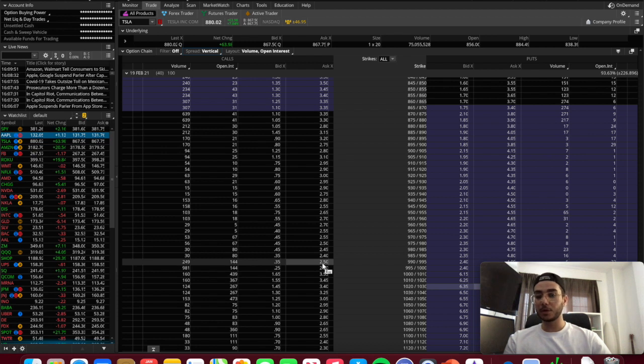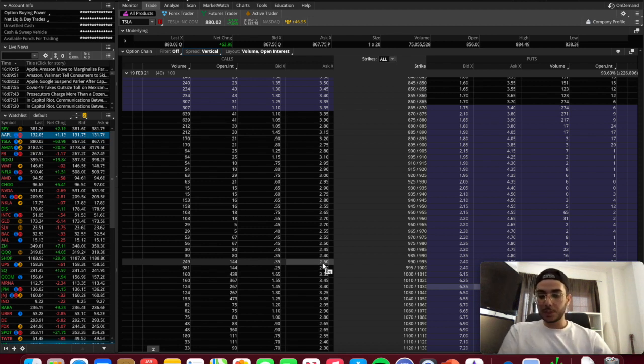Credit spreads are basically the other way around. You choose the strike that you predict the stock is not going to approach. The broker gives you the money when you open the position, and if the stock goes against you, the money is deducted from your account, and if it goes in your favor, you keep the capital that you got in the first place.